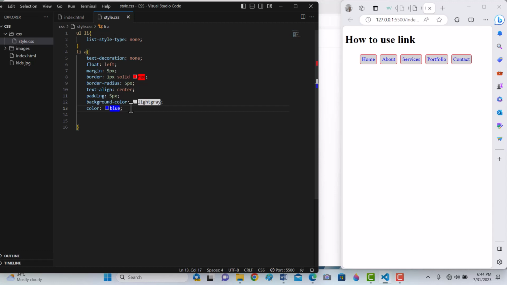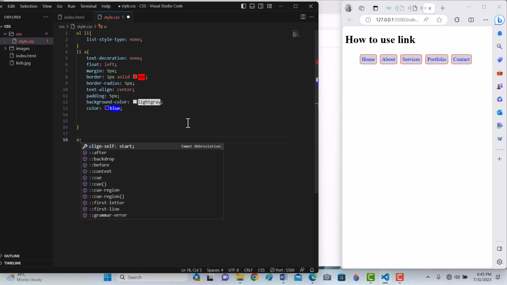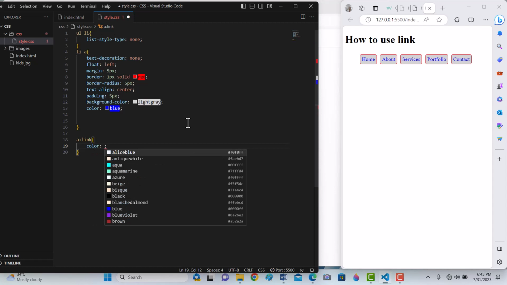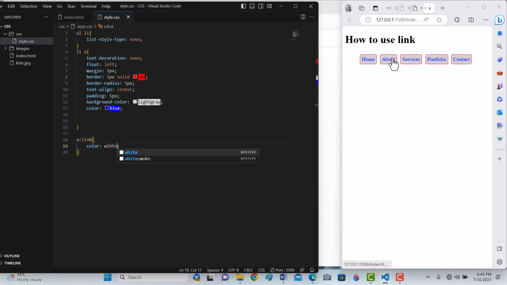So now this is li a. Okay, a visited, a link color will be white. Let's see. a visited. Let's see visited. If we visit,